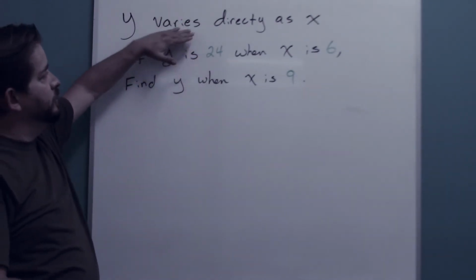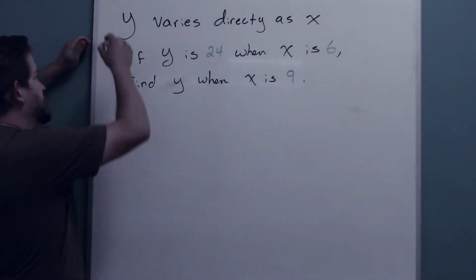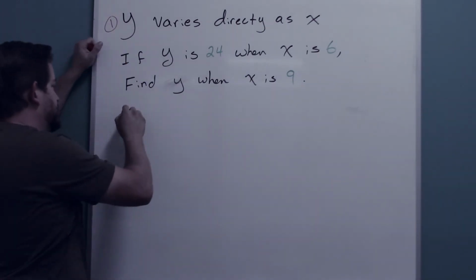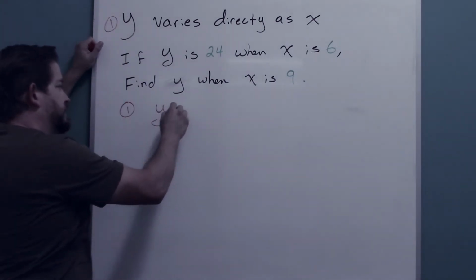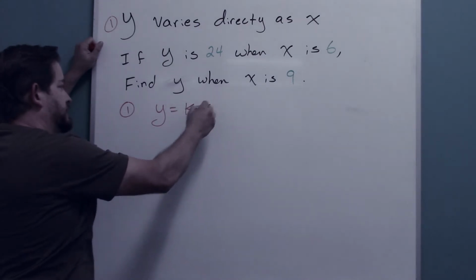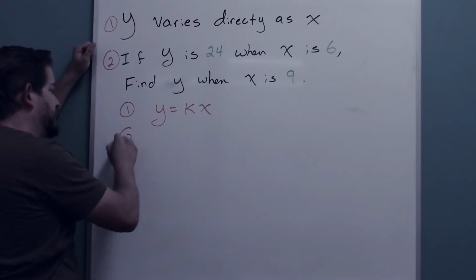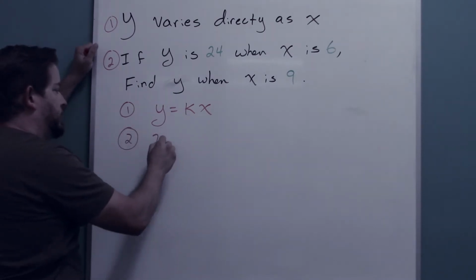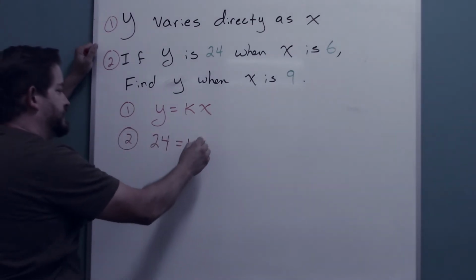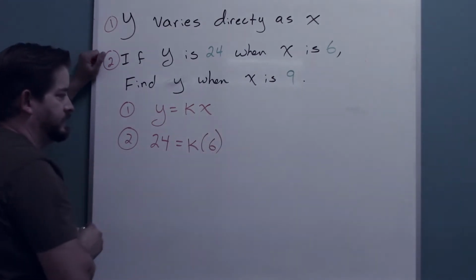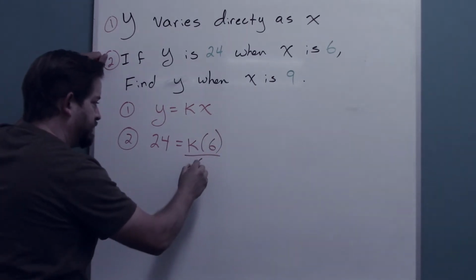So again, I'm going to start with my first statement, right? Well, actually, I'm going to start with the fact that y varies directly as x. So this tells me that I'm dealing with this equation, y equals k times x. The second statement here tells me that I can plug in some information. Y is 24 when x is 6. And so if I divide each side by 6,